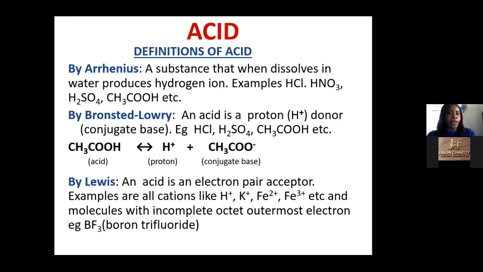Now, I also have another one, that is Gilbert Lewis. He also gave a definition of an acid as an electron pair acceptor. Okay, so an acid is that substance that will accept an electron pair. So examples are all cations like hydrogen ion, potassium ion, iron 2 ion, iron 3 ion, like boron, which gave its own different